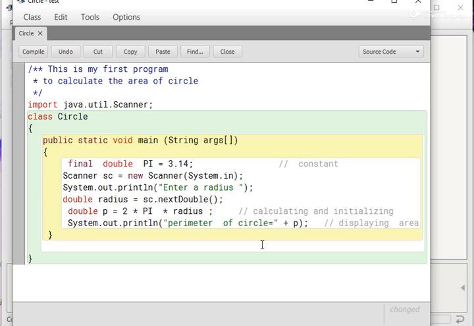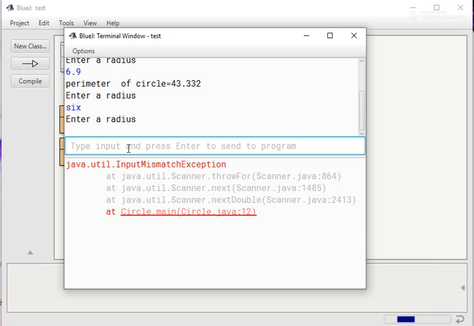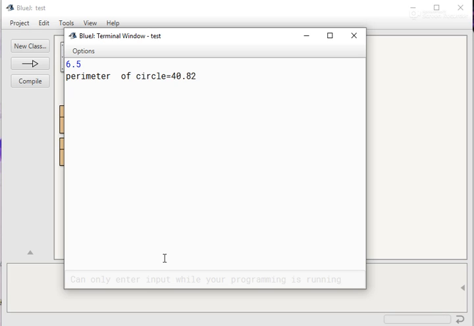After that, the third type of error we have seen is the runtime error, which occurs during execution of the program. At that time, if a user gives wrong data or due to any other reason, for example, if we execute this program again and type 6.5, enter, then the perimeter of the circle is 40.82.